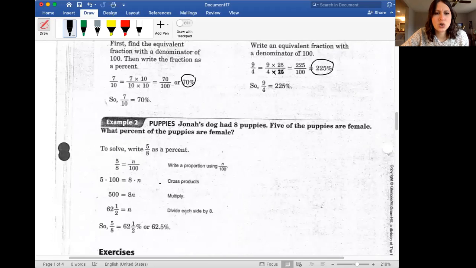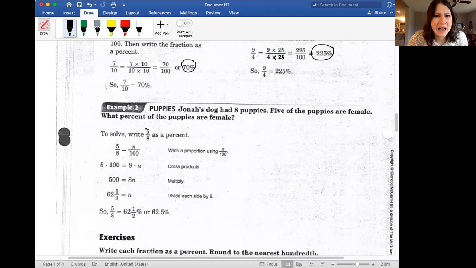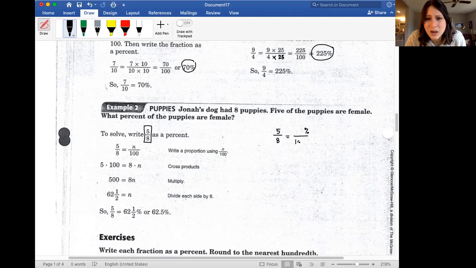All right, so taking a look here, what if I have a fraction where I can't multiply the denominator and get a rounded whole number of 100, a full whole number as 100? So in this case, we can use cross multiplication to help us find the unknown. And this is something we did in the last chapter, remember? So if I know that 5/8 is equivalent to something that I don't know out of 100, that percentage that I don't know, then I can put an unknown here